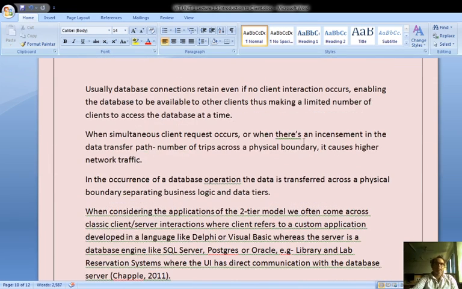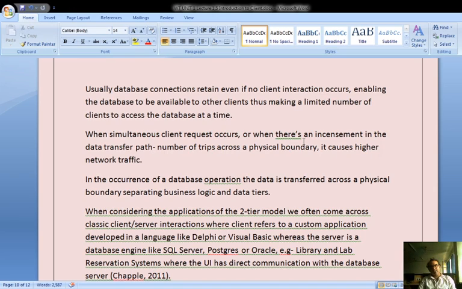Usually, database connections are retained even if no client interaction happens, which limits the database's availability to other clients, thus allowing only a limited number of clients to access the database at a time.